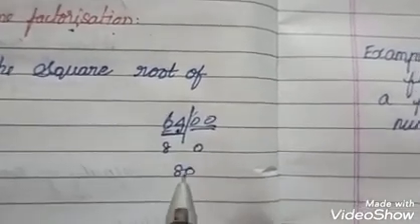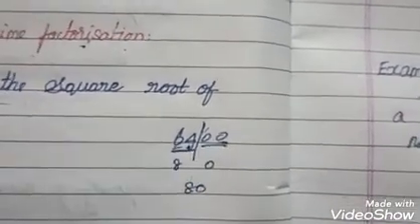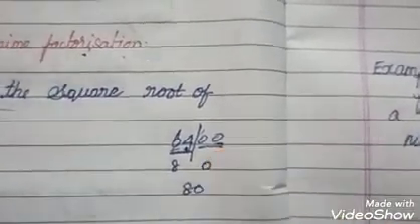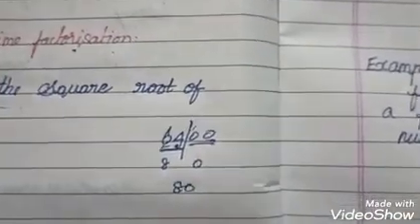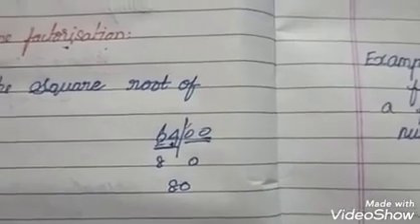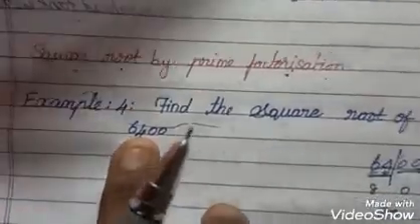So this is one of the shortcut methods to find the square root when the number ends with 0s in an even count. I always told you, the 0s should be in even count. It may be a perfect square number. So now we move on to prime factorization to find the square root of 6400.